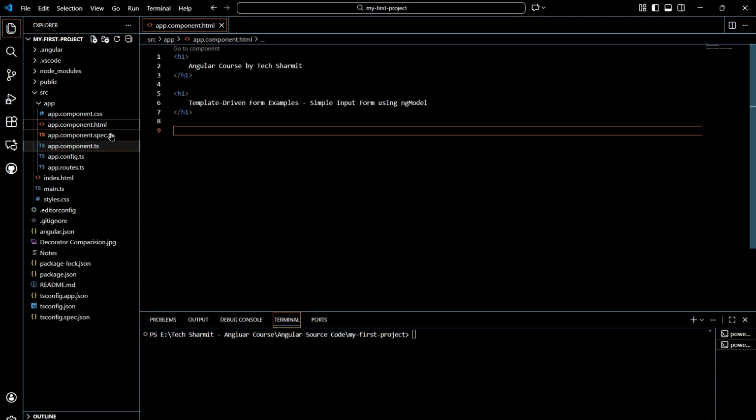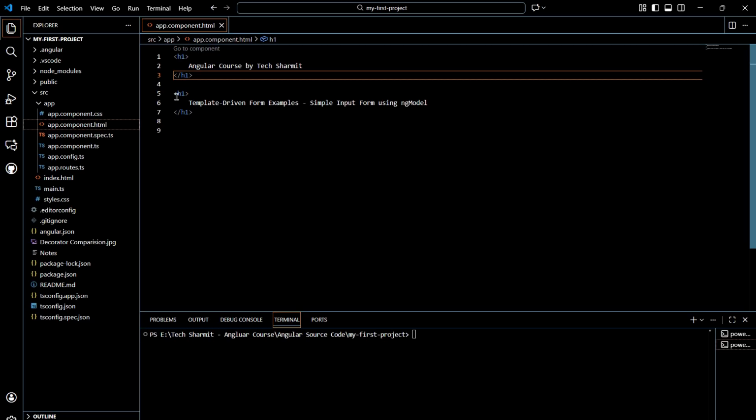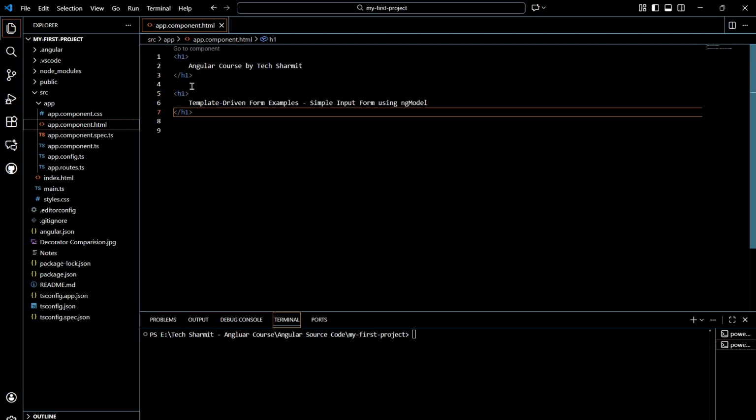Here you can see I have a simple application where I haven't added any separate components or anything. This is my default component, which is the app component, and currently I'm in the app.component.html file. In this file, we have one primary heading, that is Angular course by Sharmit. Then we have a secondary heading, although both are h1, and this heading helps us understand the topic that we are going to cover today. So today's topic is template driven form example,